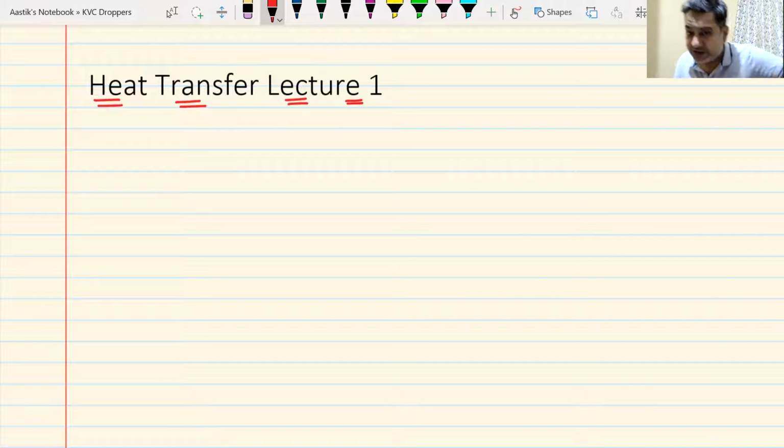So, we expect that at least one question should come from either thermal expansion or heat transfer, or it could be one question each from heat transfer, because heat transfer is a big topic. And we can expect one question from this topic at least, and it is specific to physics, so there would be a question on heat transfer or maybe thermal expansion.